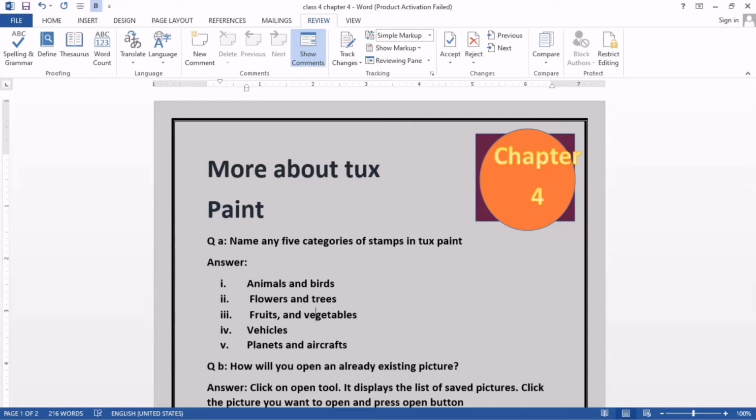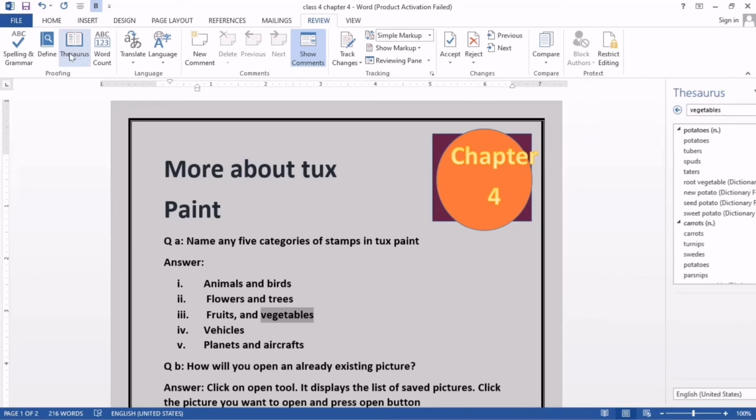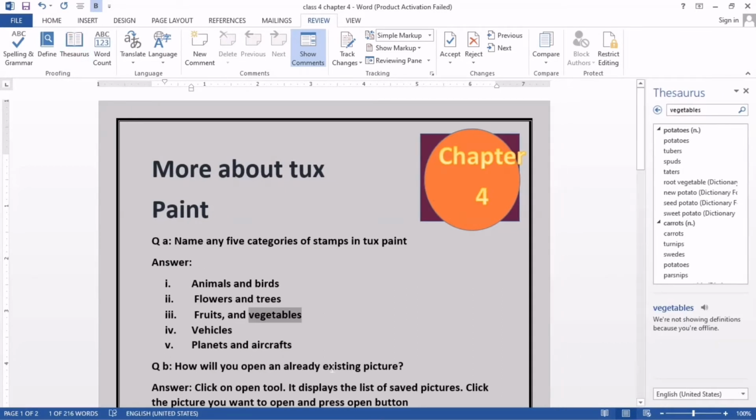Now in the same review tab you can see the third option, thesaurus. When we click this option, for example I click here on existing, and after this click on thesaurus, you can see it provides me synonyms of this word, meaning words which have the same meaning. Like I press existing, and it gives me options: current, present, prevailing, standing, remaining. You can change existing with any of these words.